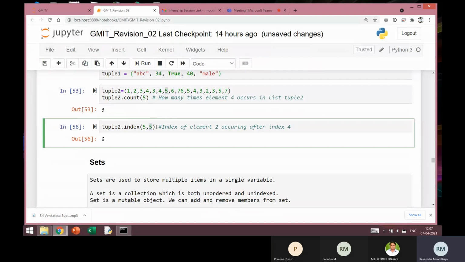Sorry, I should give a larger number. So after 7, where it is located here, its index is 9. Whatever number you write, it searches from that location or after. That is, where 5 is occurring in or after the 7th index position. That's what it means.